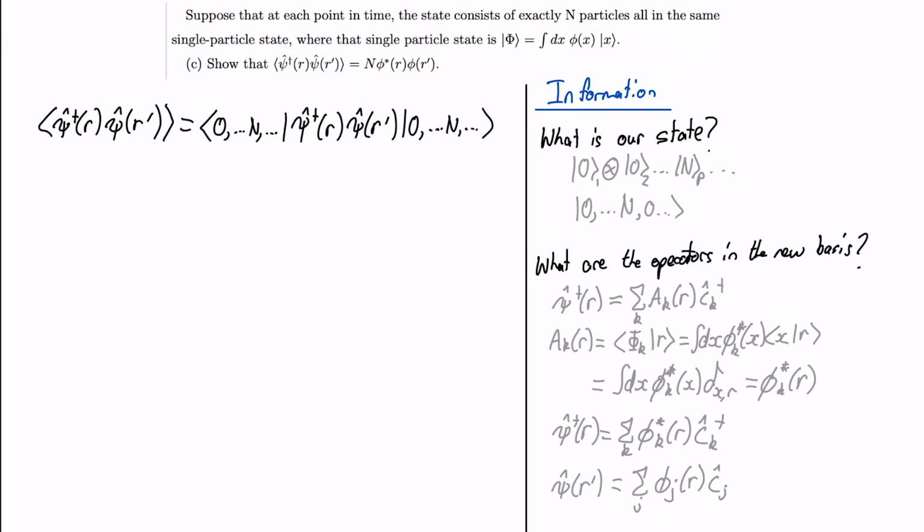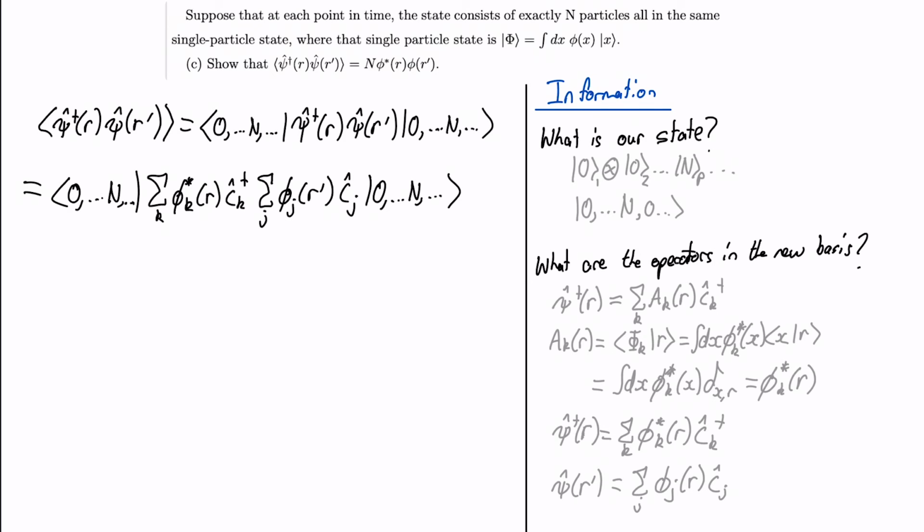Now that we've got these two new values, we can plug them back in over on the left side, replacing this and this. These sum values can be pulled out, and this are just numbers, so they can also be pulled out. This gives,